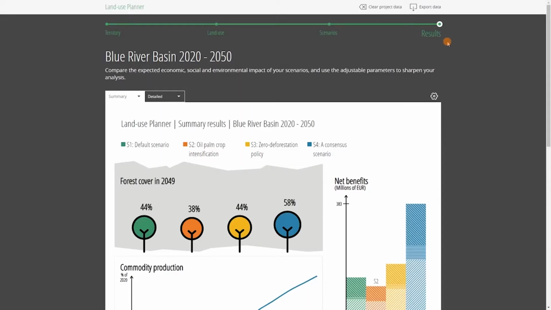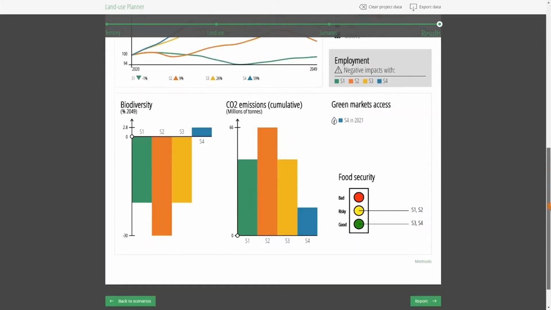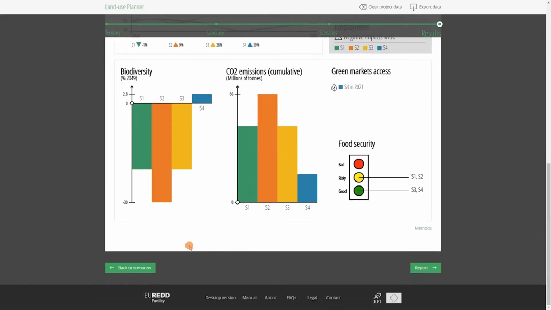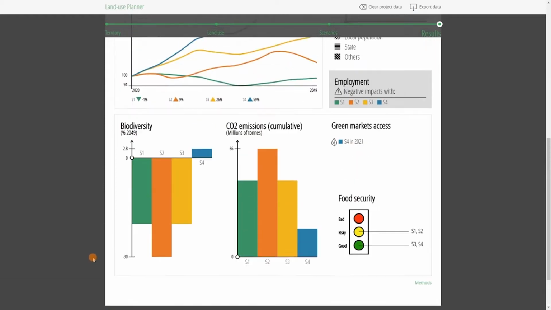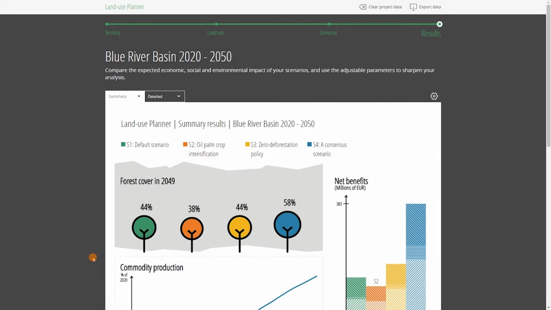This final step allows you to visualize the expected economic, environmental, and social impacts of your land use scenarios. Bear in mind that you can always adjust your scenarios by going back to the previous step. What if the preferred scenario is not projecting your expected results in terms of production, food security, employment, or carbon emissions? Analysing the results can help you identify how to improve land use scenarios and possible land use plans to